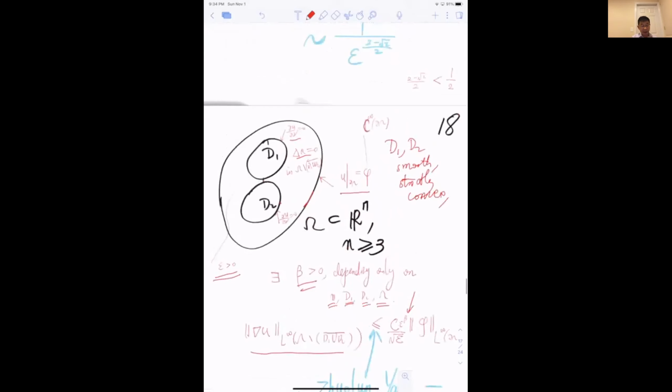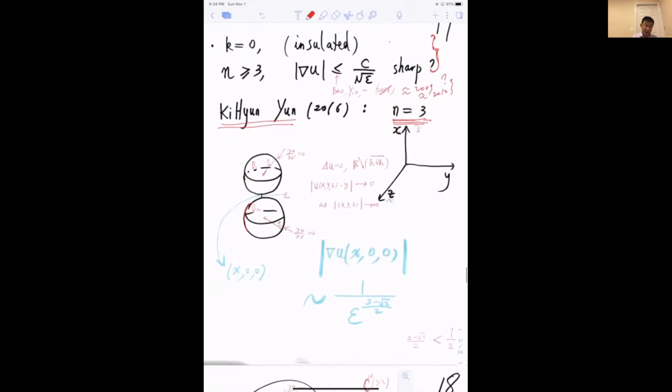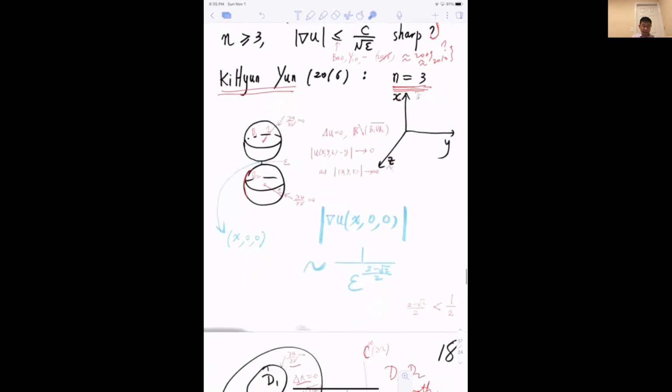And of course there are many open problems here still. For example, can one actually pin down this rate? In this nice example, you actually pin down this rate. Is it possible, whenever you have a domain, a unit ball like this, to pin down the optimal rate, or better yet, pin down the gradient profile, the dominating profile, if one can identify that. And in general, if it's not a ball,